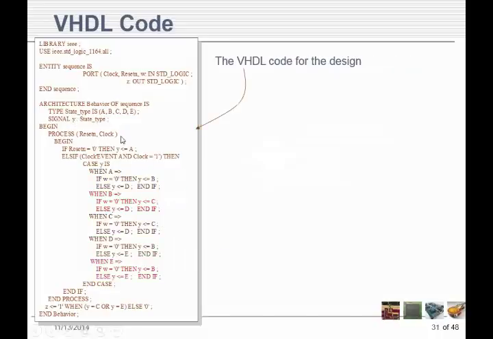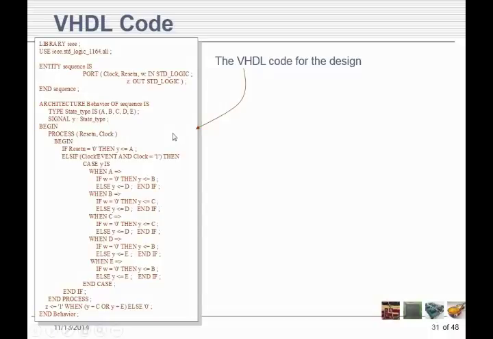Then, let me go back. So we've got all our inputs and outputs here. We normally do this a little different. I did it this way to keep it all on one page. Again, I'm doing a state diagram, or a state description of a state machine. So I almost always create a type that's a state type, and I almost always will create some kind of signal, give it a variable name, and then tell it that it's a state type. But that gives me five